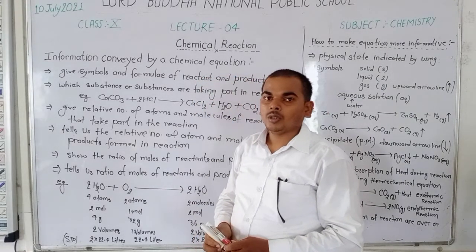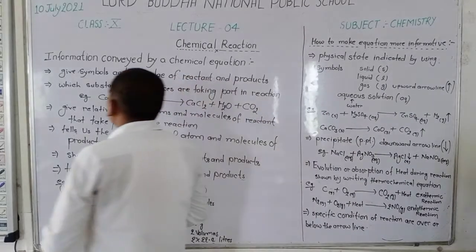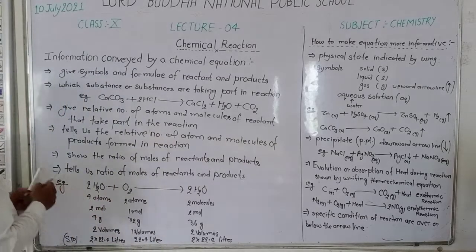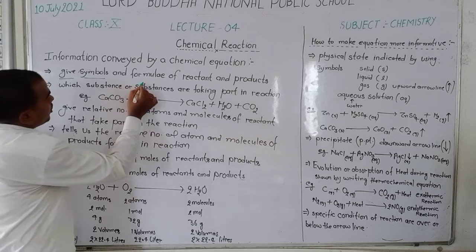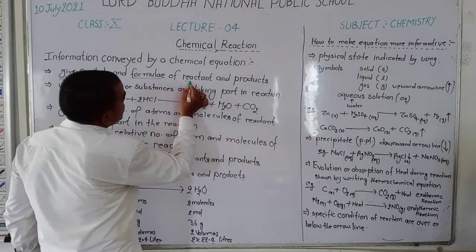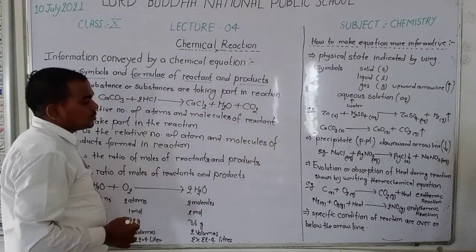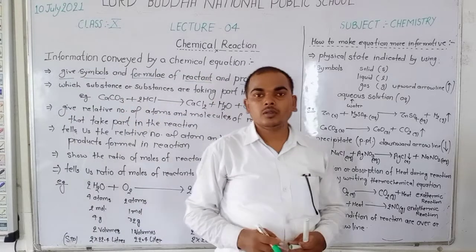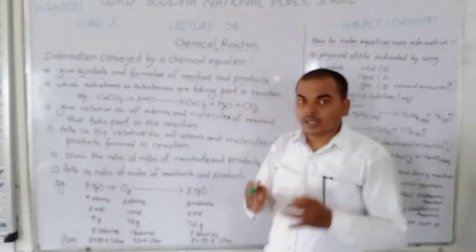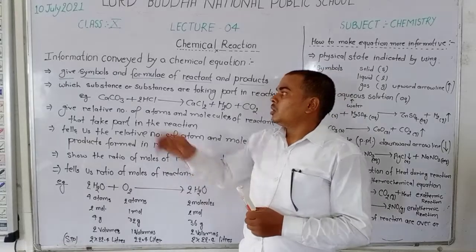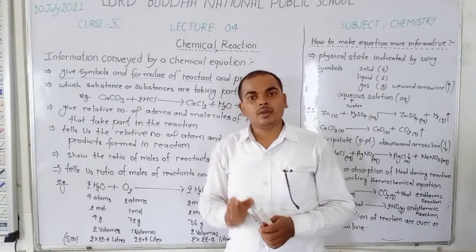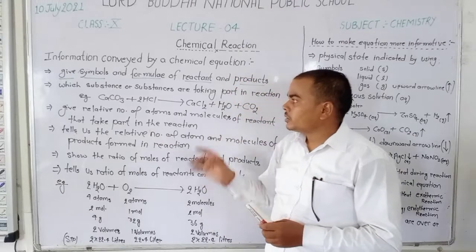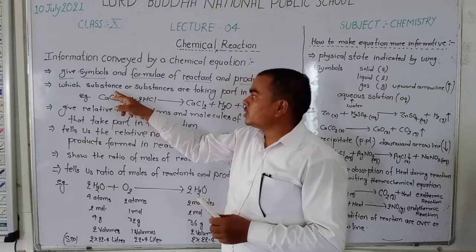Now discuss the first point. Equations give the symbols and formulas of reactants and products. In equations, the symbol and formula of reactant and product are given. Okay. The second point is which substance